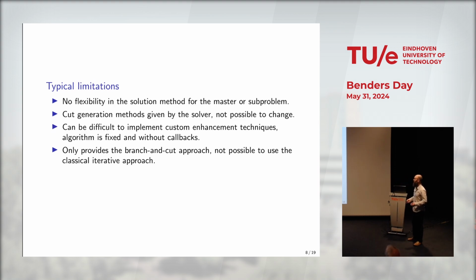Now the limitation of this is you can't really do much with it. If you want to use Benders, you're stuck with what the developers thought they needed for a Benders decomposition algorithm. And we've seen from the previous talks, you're not doing standard Benders most of the time. You've got something else that needs to go into it to make it work. Whether that's adaptive cuts, so you don't want to do multi-cut or single cut, you want something in between, then you can't do that. You're stuck. You've got to do one or the other. Actually in this case, it's more multi-cut approaches anyway. So if you want to do something other than a multi-cut approach, you can't do it.